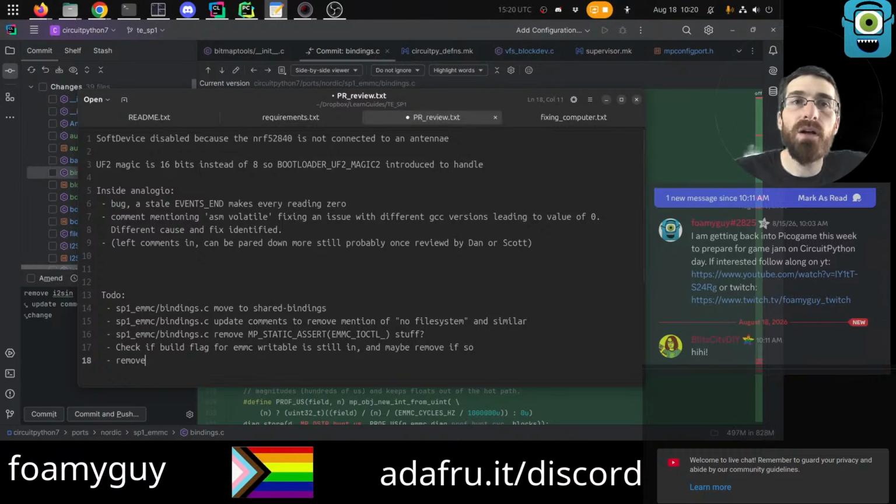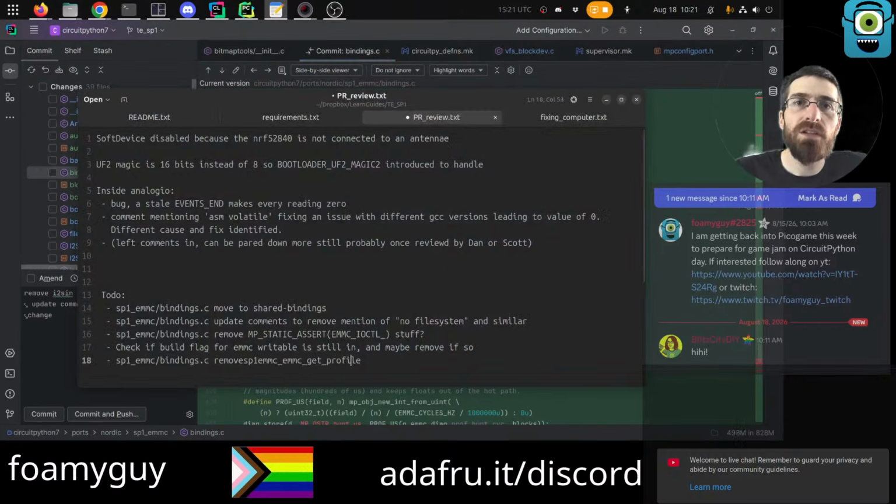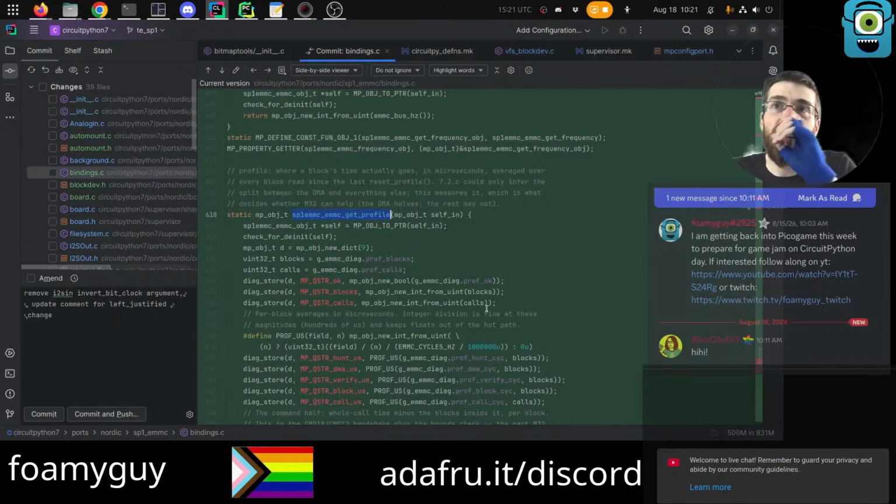We are still in bindings. Remove this. So I believe this was mainly meant for testing the speed of reads and writes,